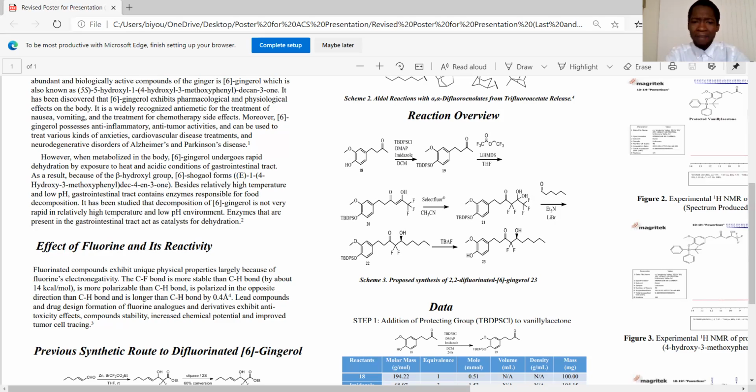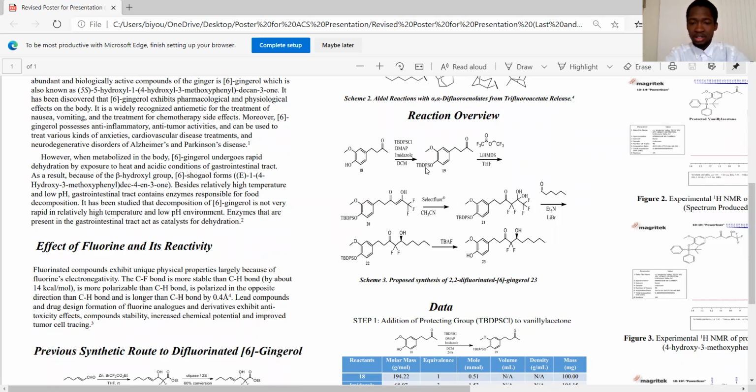And the reason why this reaction involves a protecting reagent is because we have a lot of acidic positions, and we don't want these positions to react. So we want to protect them so that we can use this site to conduct our reaction. So we were able to successfully